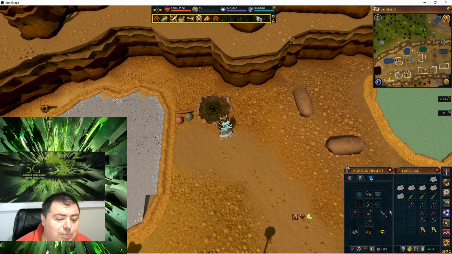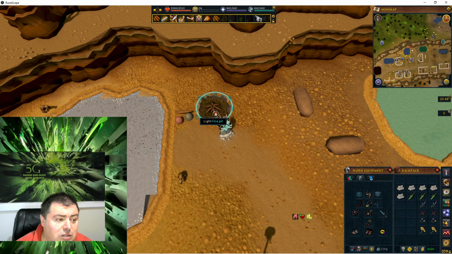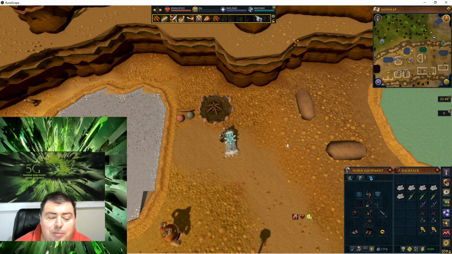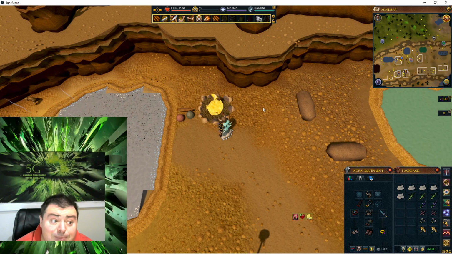Alright, so. What's it doing? Why isn't it aligning? I'm sorry that Jagex has to act like this, but they do. So,